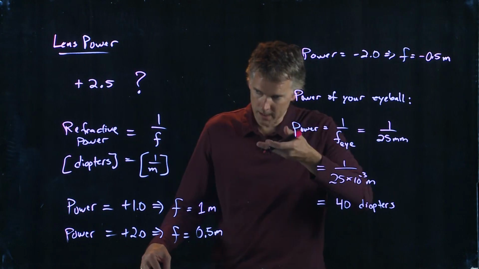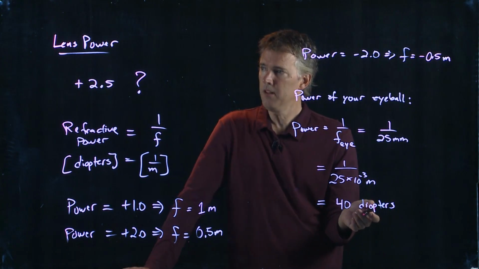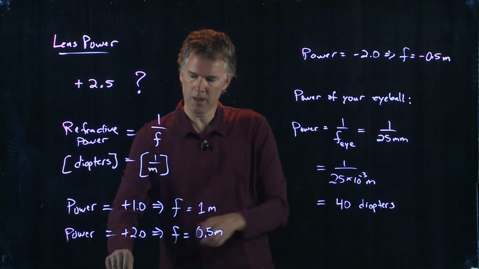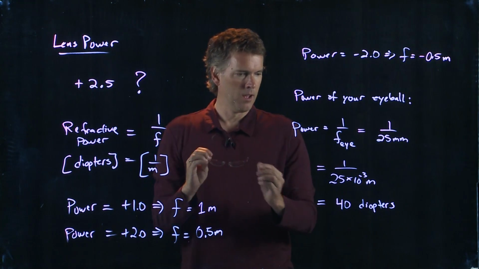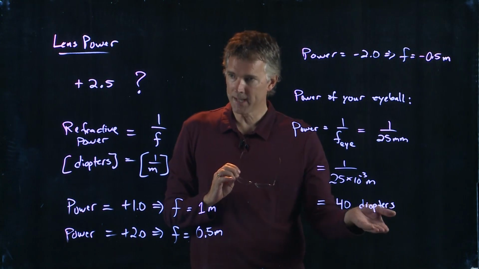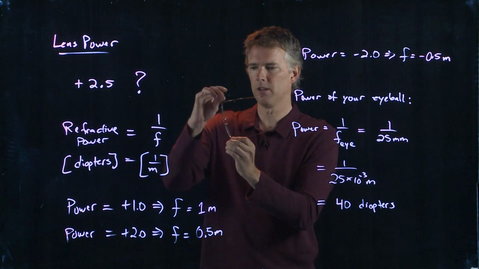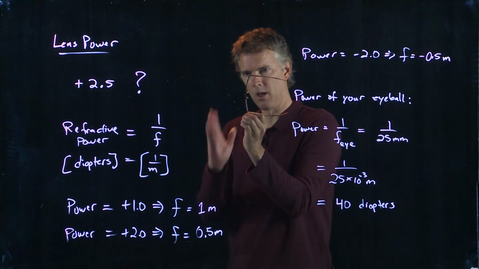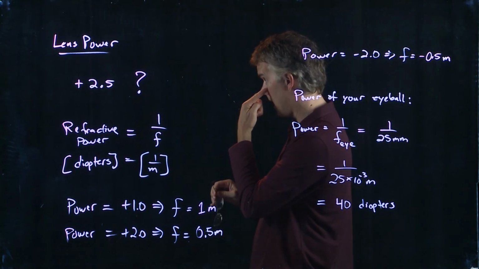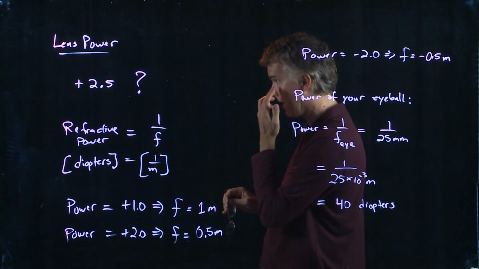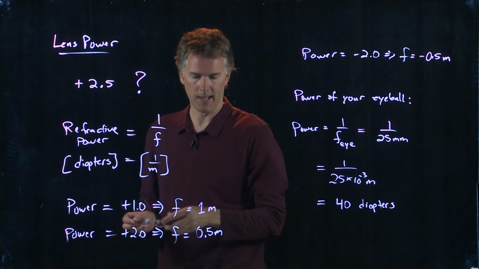Okay, that cornea is very curved. It's a very powerful lens. And these are sort of typical numbers for your glasses, right? So when I think about the glasses that I put on to read and I'm going to add a power of 2.5, that's going on top of 40 diopters already. So it's a small fractional change. And the way you can tell this is if I just look at the glasses edge on, they're not very curved. Okay? They're a little bit curved, but not very. And if I look at my eyeball edge on, it is really very curved, right? It looks like a marble. The more it's curved, the shorter the focal length, the bigger the lens power.